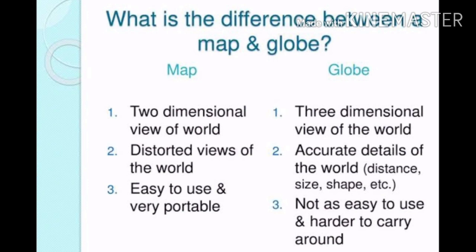Some pocket globes are available which can be carried from one place to another, but not always. And pocket globes are too small to read. If you want to see the location of a country, you cannot find it on a small pocket globe. A pocket globe can be carried from one place to another, but reading the location of any place is not possible on it. So a small globe is not helpful in finding locations.